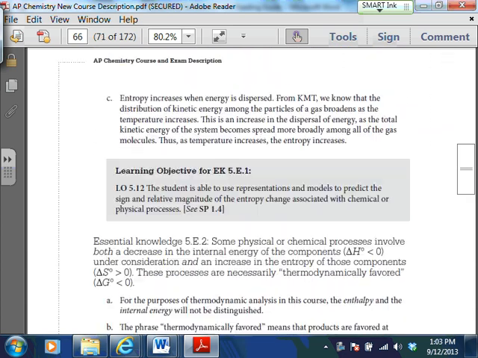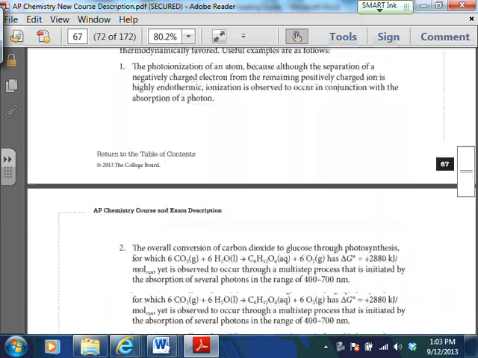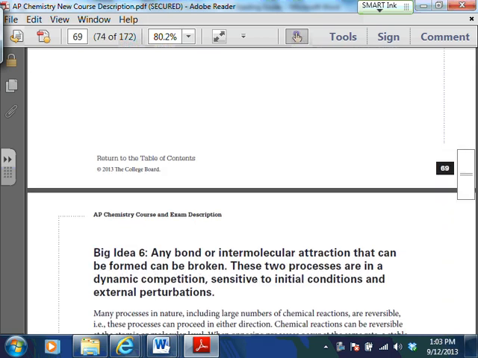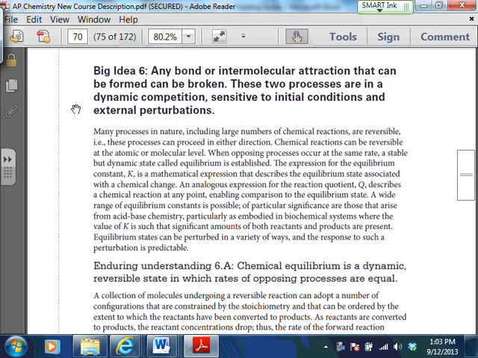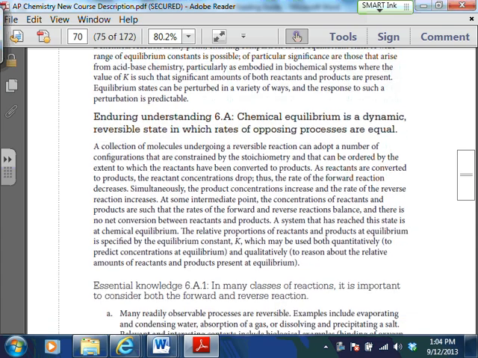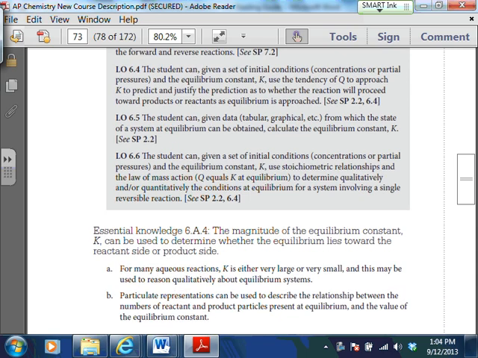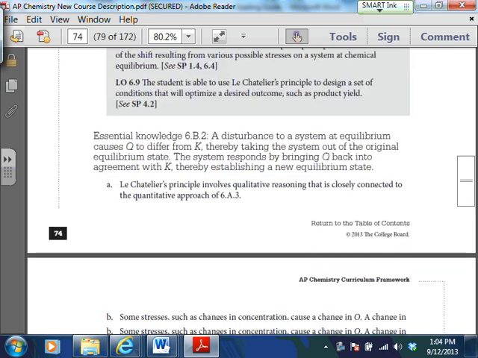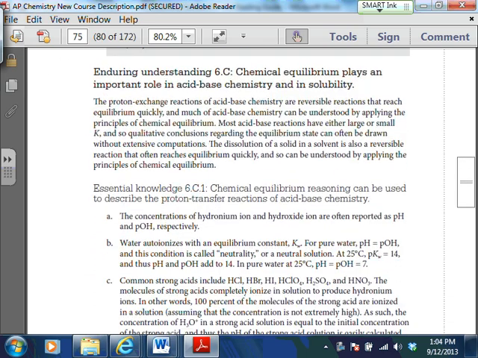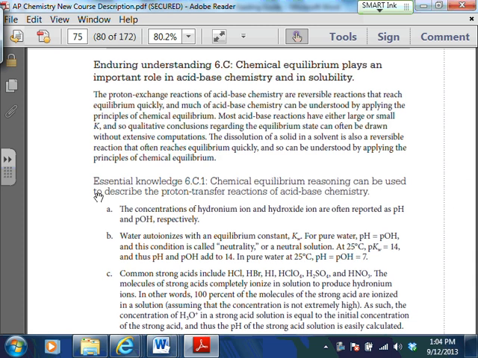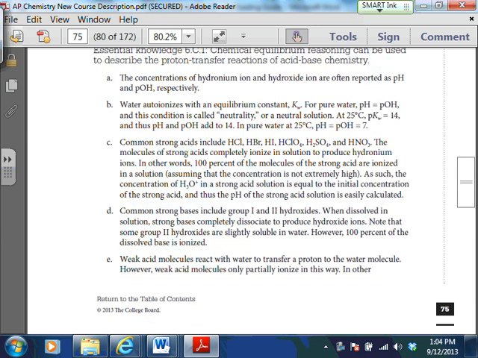And then very quickly here, big idea 6. We're really not going to talk about a whole lot yet because that's equilibrium, so we're going to really focus on that second semester, okay? But when you go to 6C, there's something that's a little bit relevant here. Chemical equilibrium plays an important role in acid-base chemistry and solubility, which, again, we'll talk more about later. When you get to 6C3,